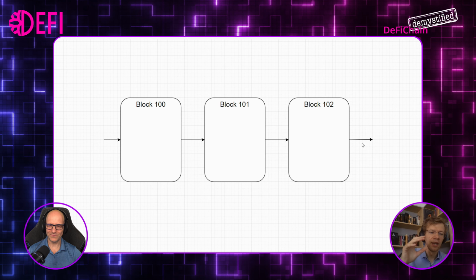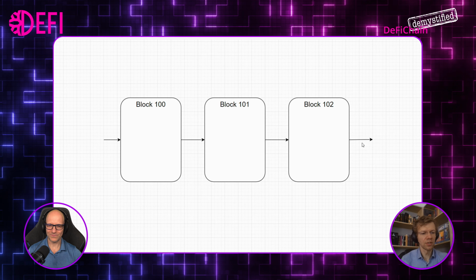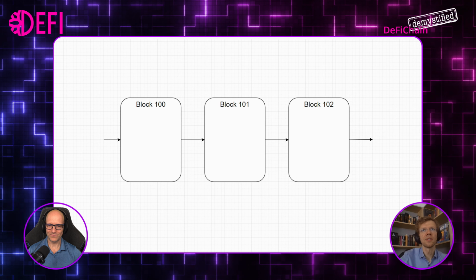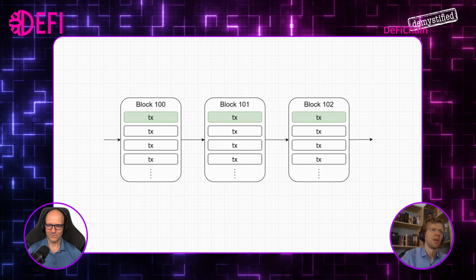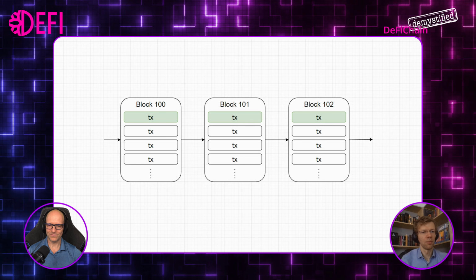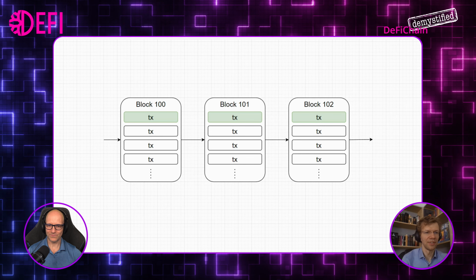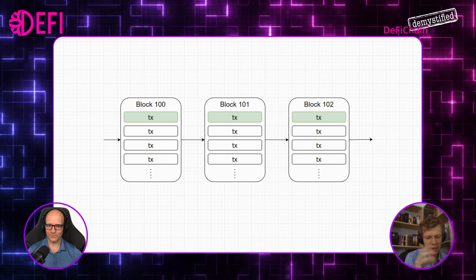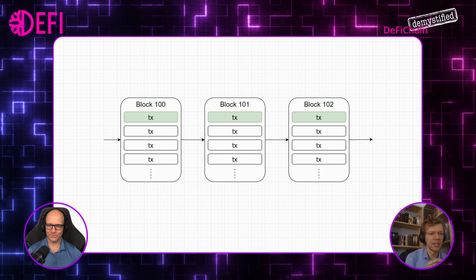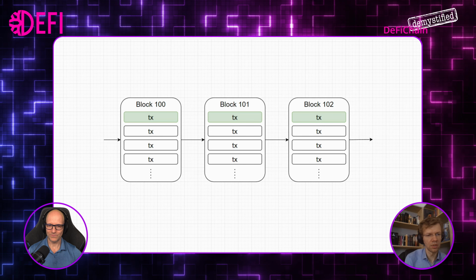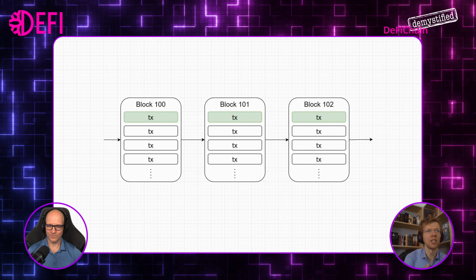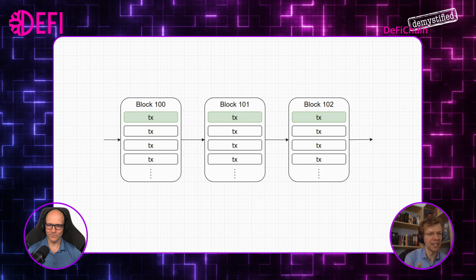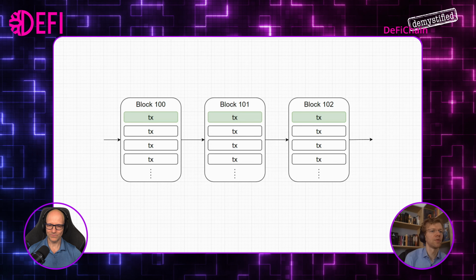When you have that chain of blocks, one block basically just consists of a list of transactions. TX stands for transaction. I hope everybody's familiar with that. So one block is just a package of transactions. There is some size limit to the block, so you can't get too many transactions in, but that's what a block is. There's some mathematics around it, but that's what a block is: a list of transactions.